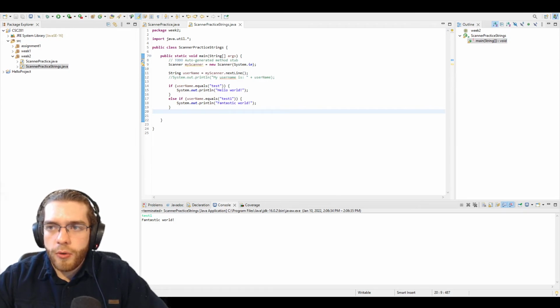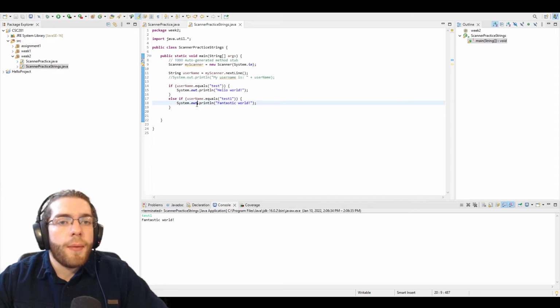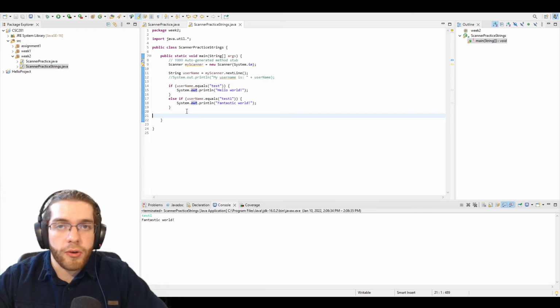Now, there's one more little portion that I want to take a look at. In the lecture notes, it is titled converting strings into numerical data. So what you can do here is use the nextLine operation, and we can use these conversion methods. Again, maybe you're a software developer and you need to account for a few areas of errors that the user might encounter. One way that we can do this is